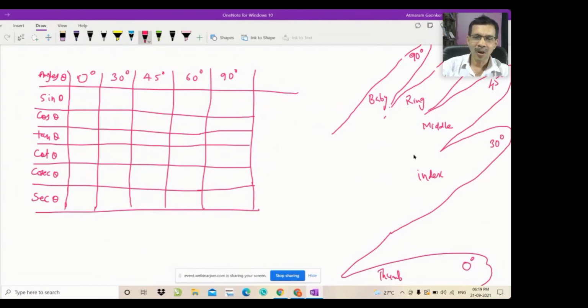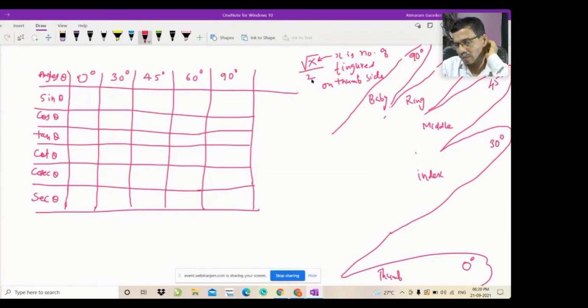Now first of all, you have to remember one more thing, and that thing is root of x divided by 2. This is the formula you have to remember. Root of x divided by 2. And x is the number of fingers on the thumb side. So let x be the number of fingers on the thumb side, and the formula for writing these ratios is root x upon 2.